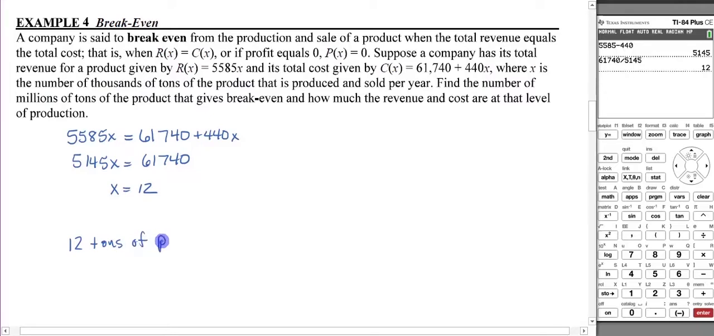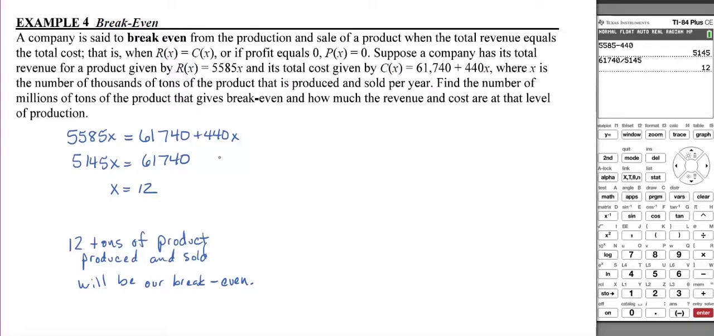of product produced and sold will be our break even. We have no loss and no profit on that. The other thing that they want to know from this is the revenue and the costs at that level of production. If you look at your revenue function, the revenue when producing X number of tons